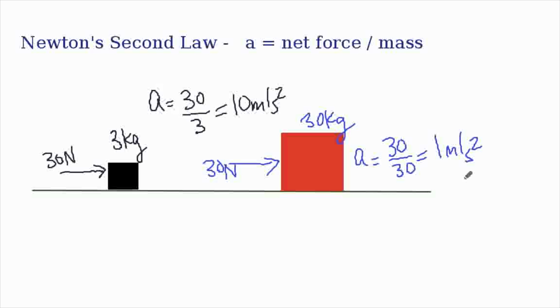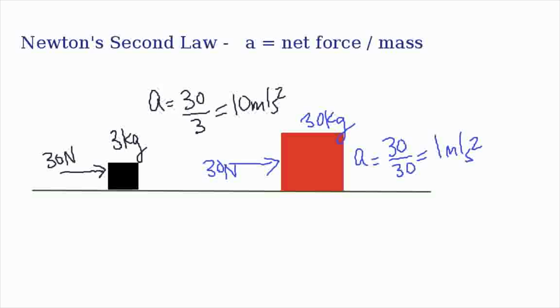All right, you may have predicted that from when we were talking about inertia, right? We said that more inertia, more mass means more resistance to acceleration. So the red box has more inertia, so it's going to fight us more. So the 30 newtons is not going to deliver the same amount of acceleration. You'll use that in several homework assignments. It's a very nice, simple formula. Straightforward, so I hope that that's pretty clear now. Let me give you the